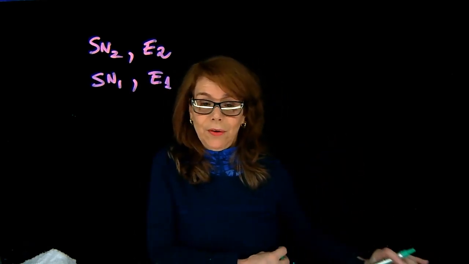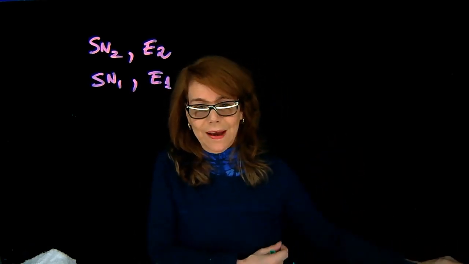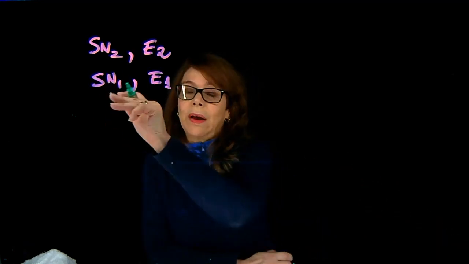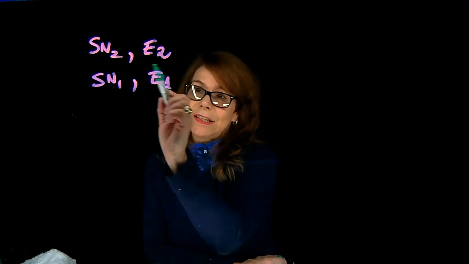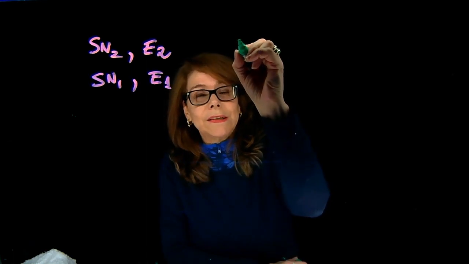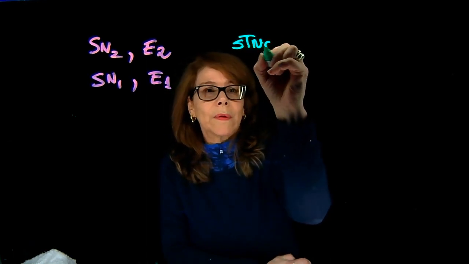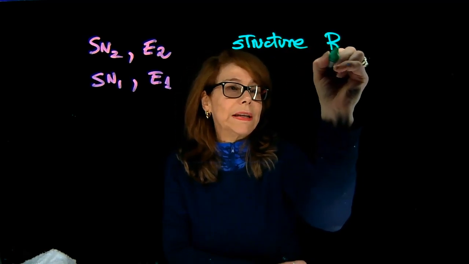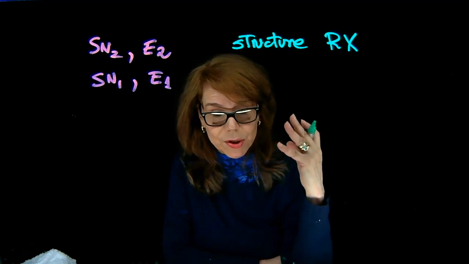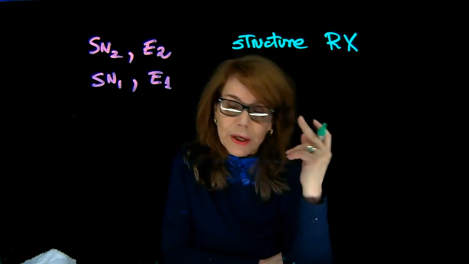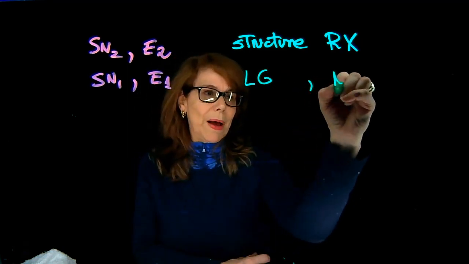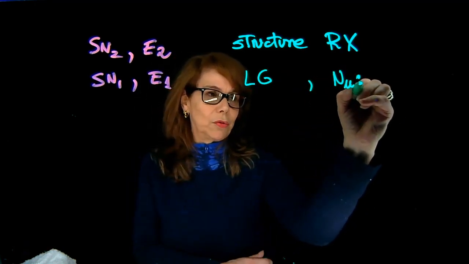In a previous video, we studied the factors that we need to consider when we are predicting products, and we have two competing reactions, SN2/E2 or SN1/E1. And we talk about the structure of the substrate, and here we were talking about alkyl halides and knowing how to classify those as primary, secondary, tertiary. We also talk about the nature of the leaving group, and we talk about nucleophiles being neutral